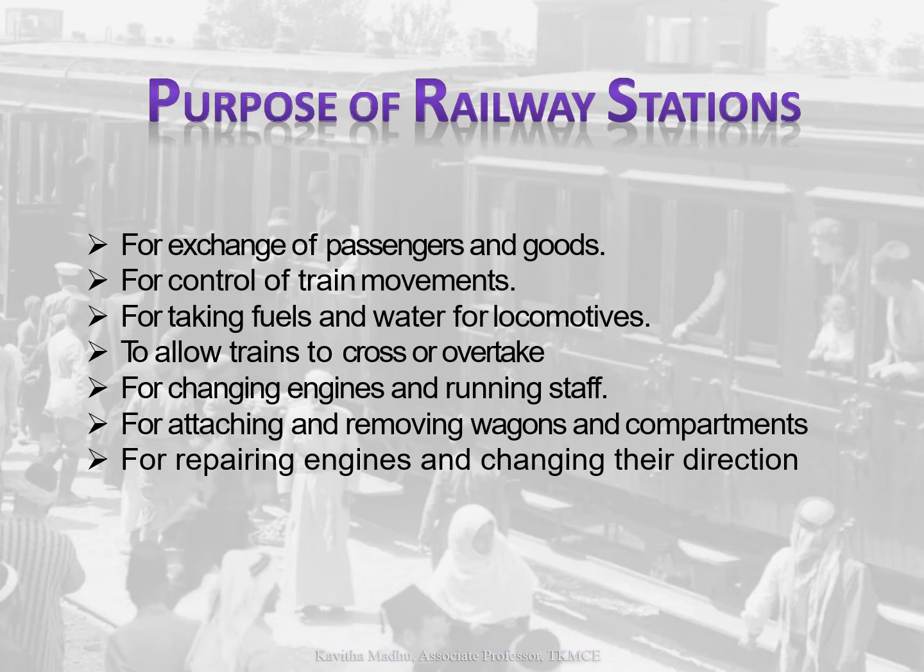And if an express train is following a goods train, then at the station one train can be stopped and we can give the express train an opportunity to overtake. It is also used for taking fuel and watering the locomotive. Again, it can be used for detaching engines and exchanging staff, and also for sorting bogies to form new trains. So these are the various purposes of providing a railway station on a railway line.